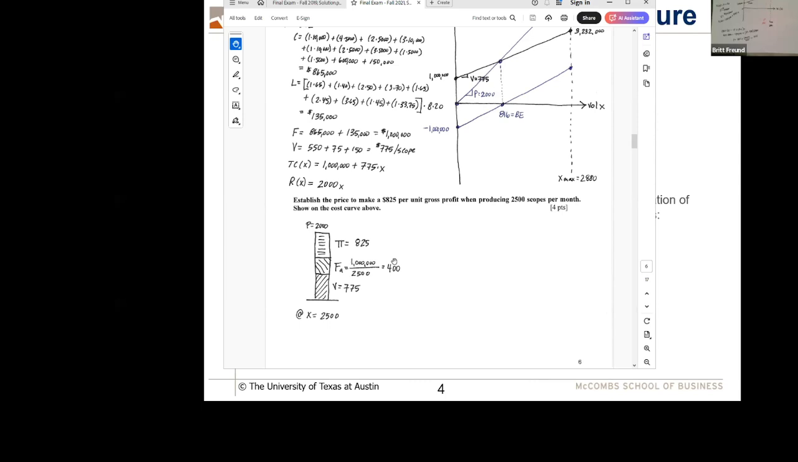So I don't care which way you do it. They're exactly the same thing. Do you like pictures and thinking them through like that? Do you like algebra and thinking them through like that? But the bottom line is we know that the price needs to be $2,000 per scope if we're going to hit our particular target. And now we can draw our curve, because now we know